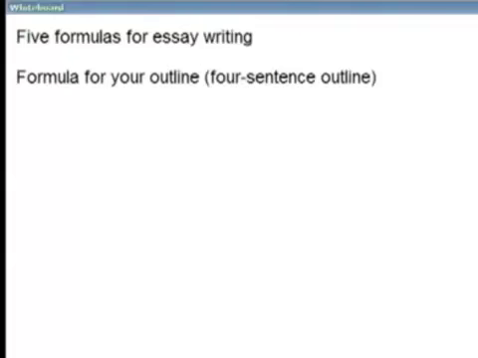Tonight, students, I want to introduce you to the 5 formulas for essay writing that we're going to practice throughout the course. You're going to learn a formula for your outline, which you have already practiced, and that was the 4-sentence outline. Then you're going to learn the formula for the